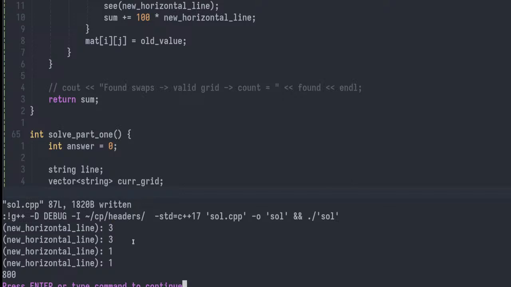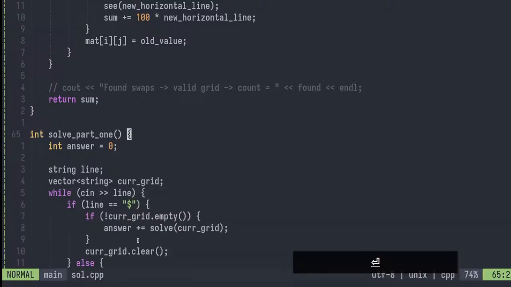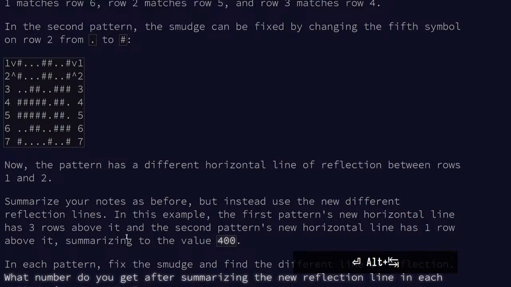Why did it do the same thing? Okay, understood. But this means it would do the same thing for